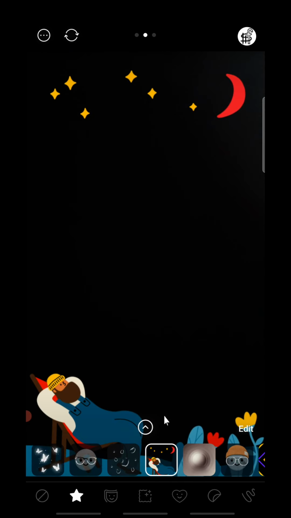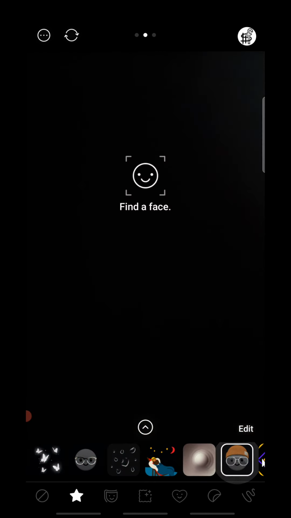All this would be available during the live session also. So after going in a live session you can do all these things. Here you can do many settings, many face effects, and everything is available here. There are lots of options here.